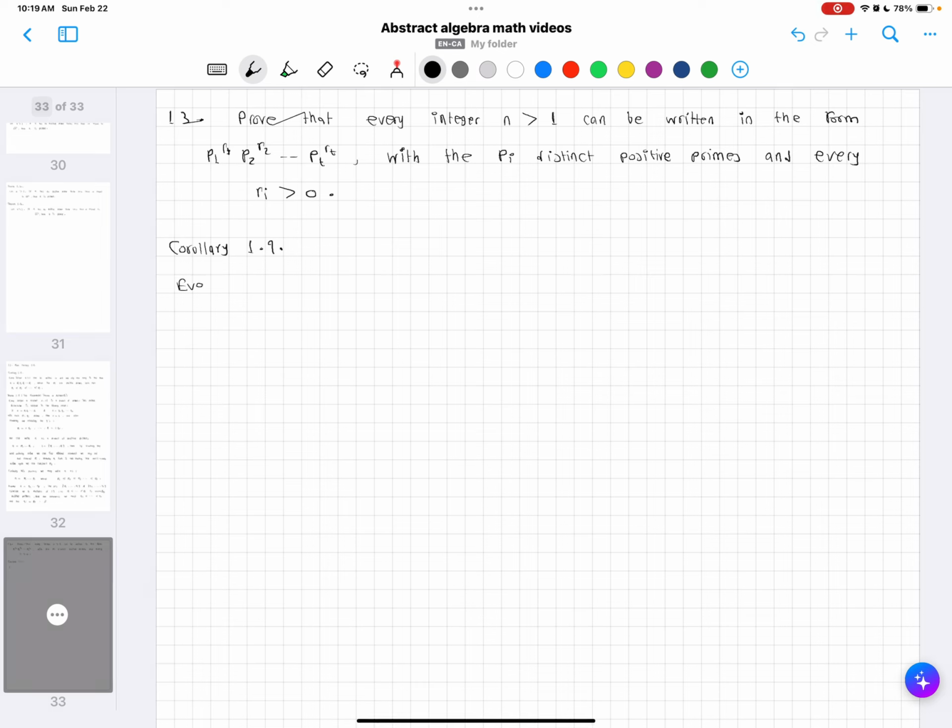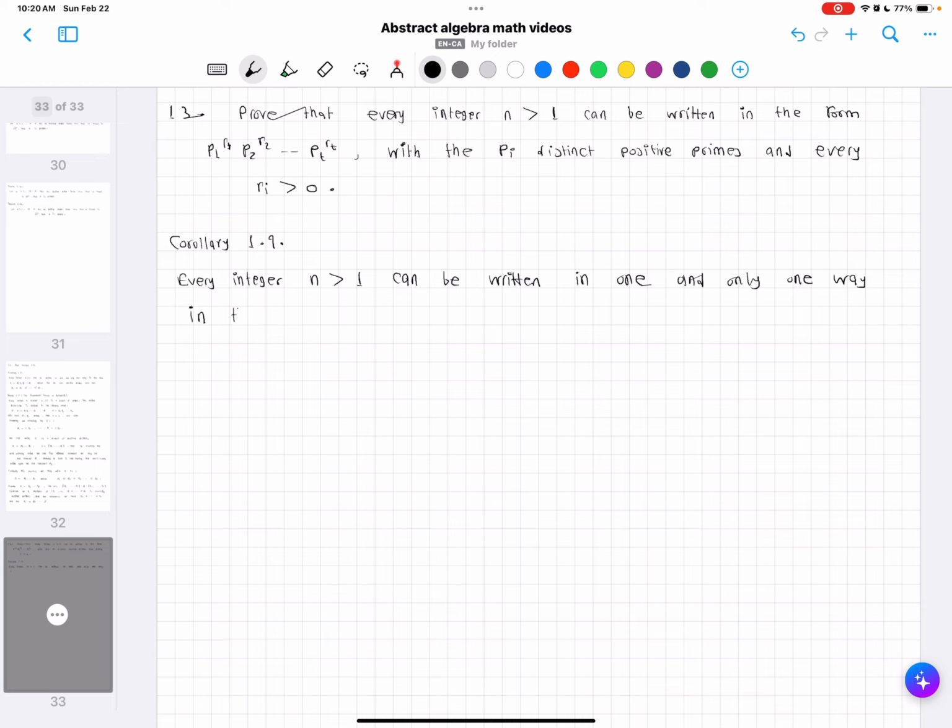It states the following: every integer n greater than 1 can be written in one and only one way in the form n is equal to p1, p2, up to pr,